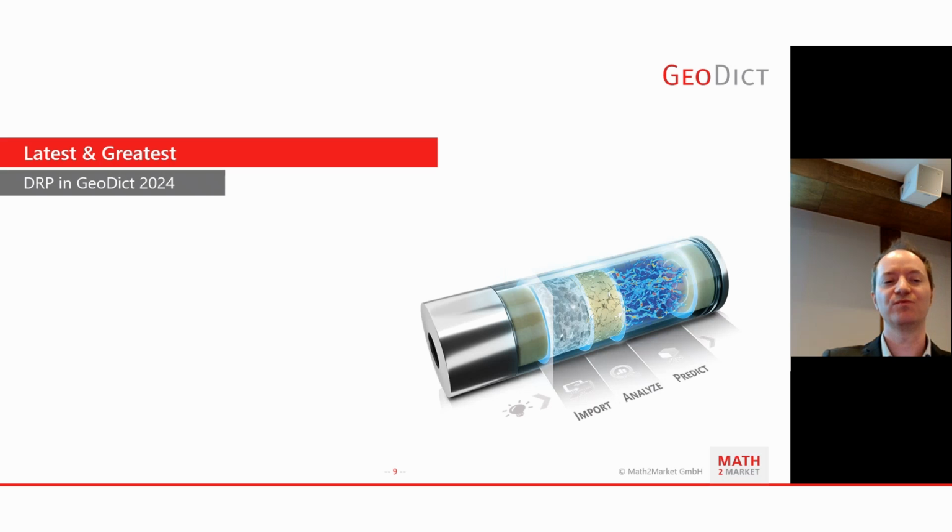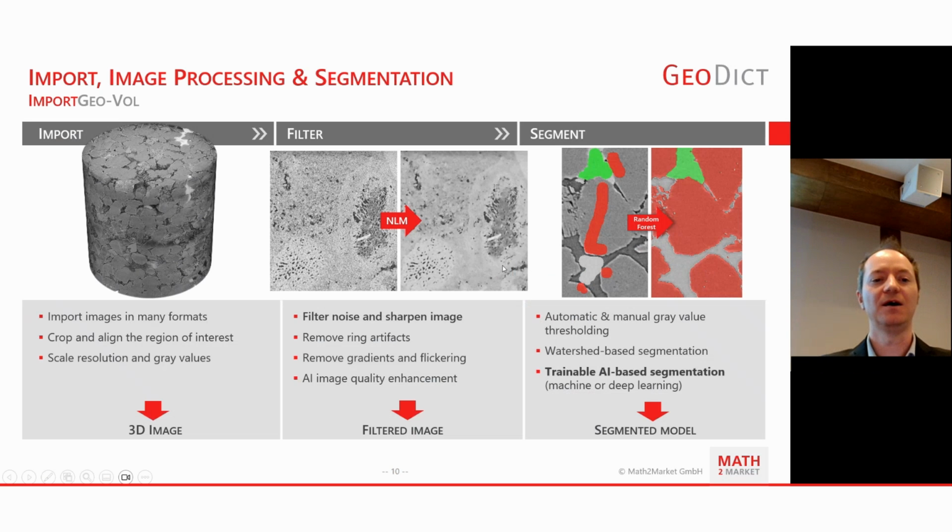Okay, let's go towards the latest and greatest. More of a latest and greatest slide here about imports. You can basically import 3D images. Here is a Berea sandstone, gray values in a cylindrical core. You can import these images and you can filter them. Here you can see the application of a non-local means filter on a carbonate rock, which reduces the noise of the entire image that you see on the left-hand side, but not on the right-hand side, while still keeping the edges sharp and a really nice contrast in the image.